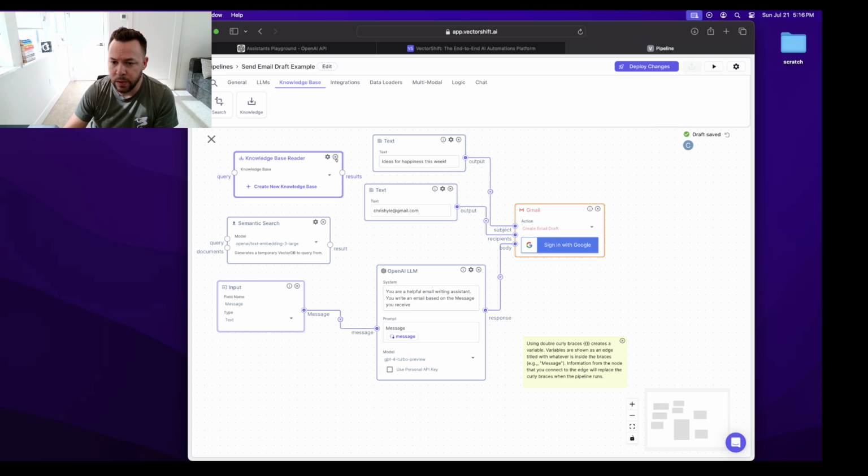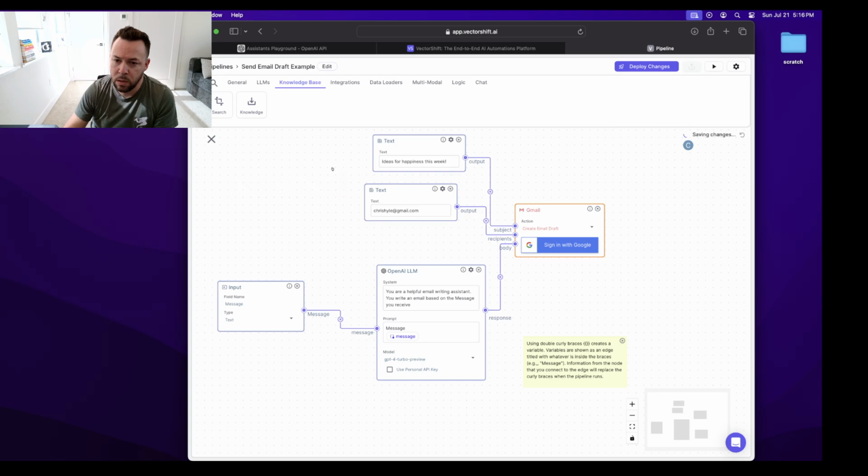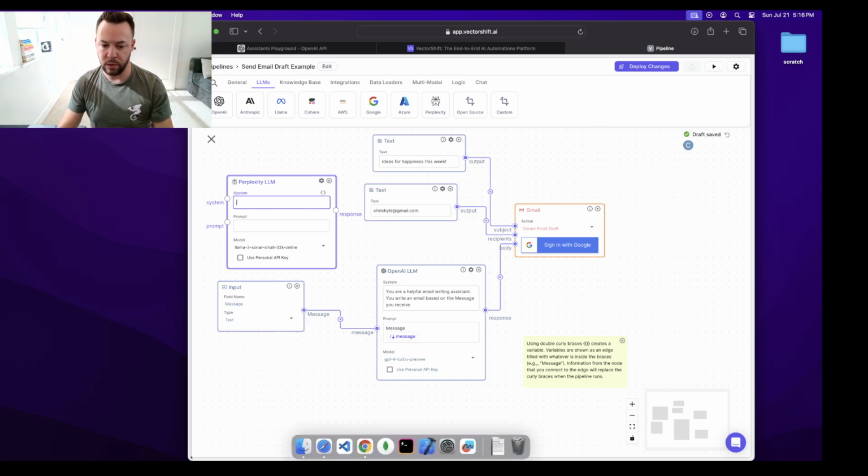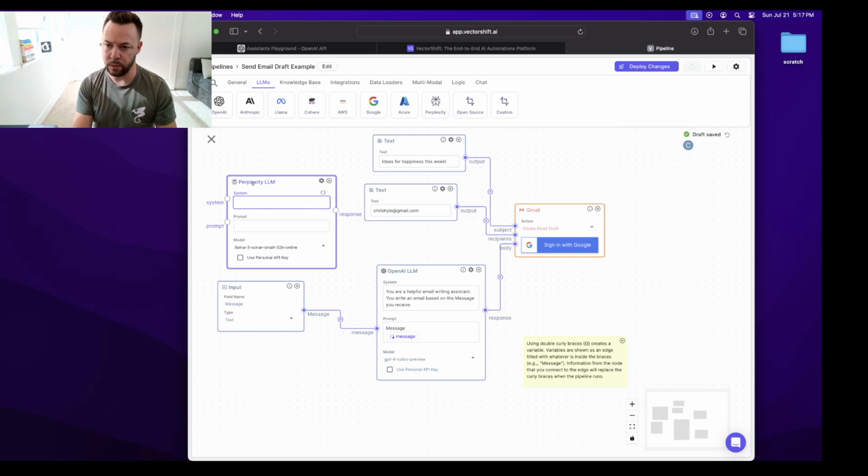ChatGPTs kind of search the web. They have stuff pre-baked into them, or other GPTs, not just ChatGPT. Perplexity. Let's try Perplexity. It's known for being more able to search the recent web, whereas ChatGPT is kind of like pre-coded a bunch of stuff. So let's say you are a research assistant